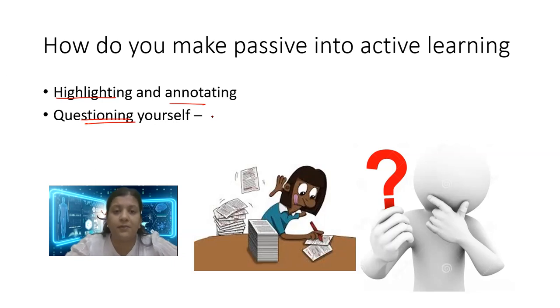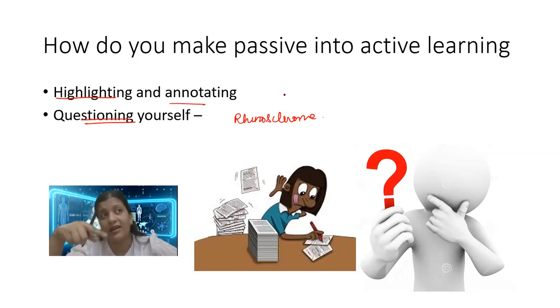Once you have finished the chapter, for example, we studied rhinoscleroma in the last 2-3 minutes. Now you have to question yourself once you are free. Okay, what is rhinoscleroma? Is it a bacterial infection? Is it a viral infection? Is it a gram-positive bacteria, or a gram-negative bacteria? What is the mode of acquiring infection? What are the stages? What will be the symptoms? How do you diagnose it? So you yourself are supposed to recall and question yourself. Ask yourself, what were the old questions that I solved on this? What could probably be the new question?